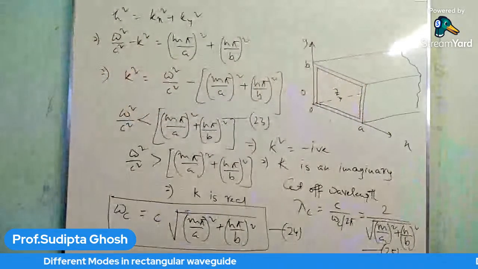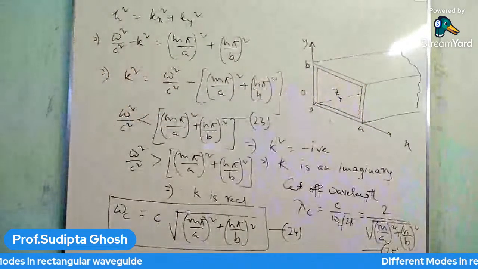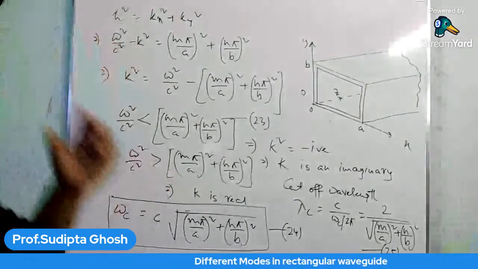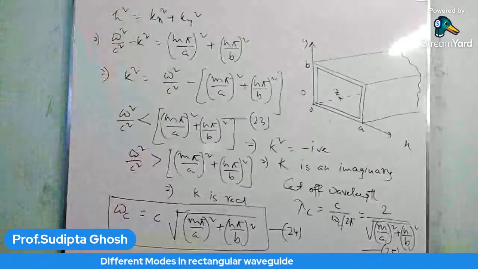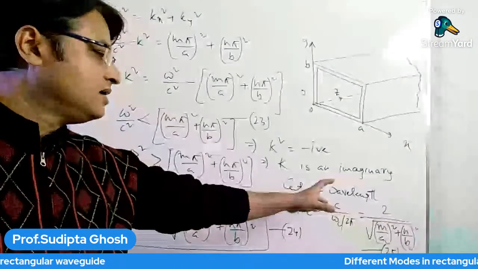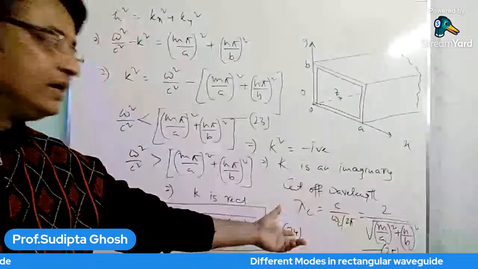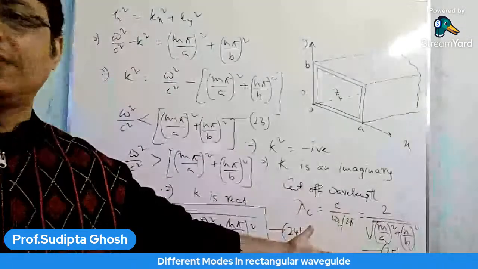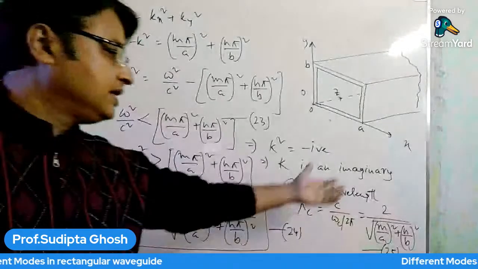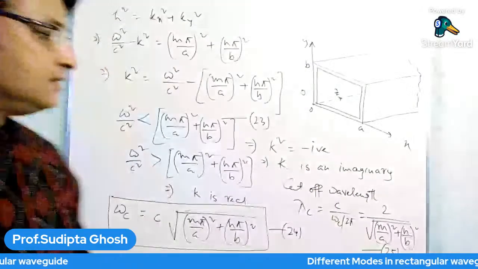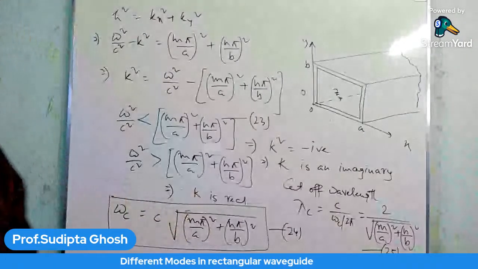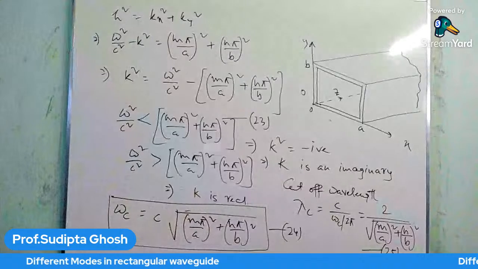25. So the value of the cutoff wavelength, I know I have crossed 1 hour 30 minutes, but just a few minutes more. The value of cutoff wavelength can be written as lambda c equals c by f, and as omega c is the angular frequency, it is c by omega c by 2 pi, and we have lambda c equals 2 by square root of m by a square plus n by b square. And again, propagation is possible